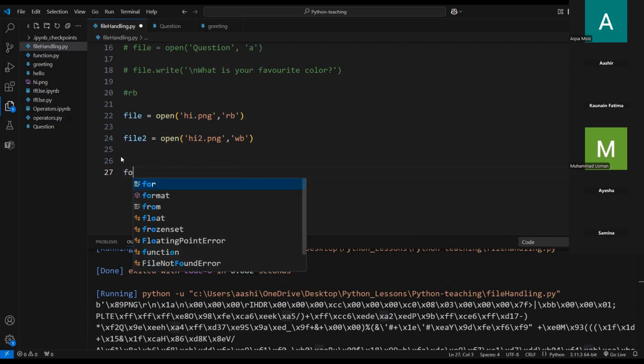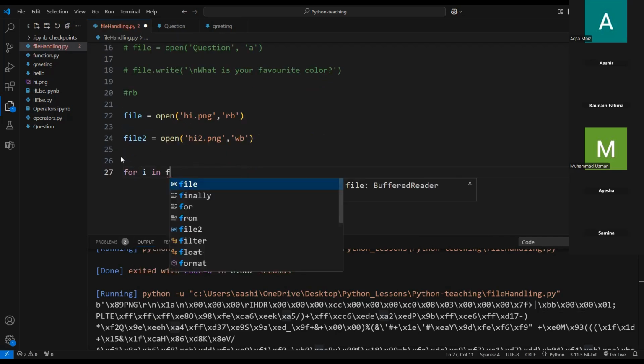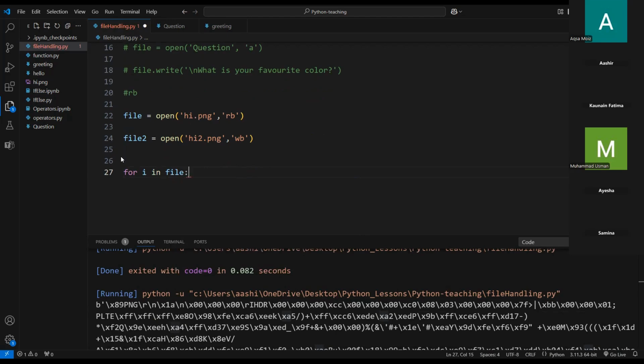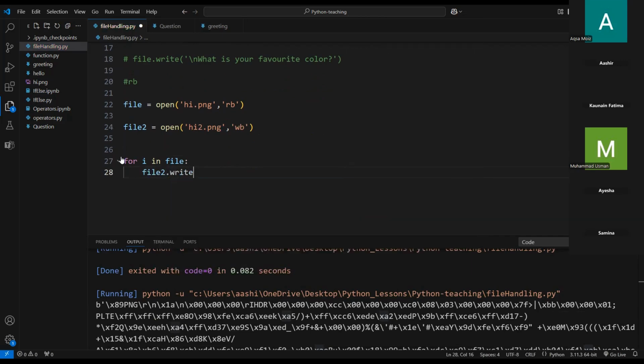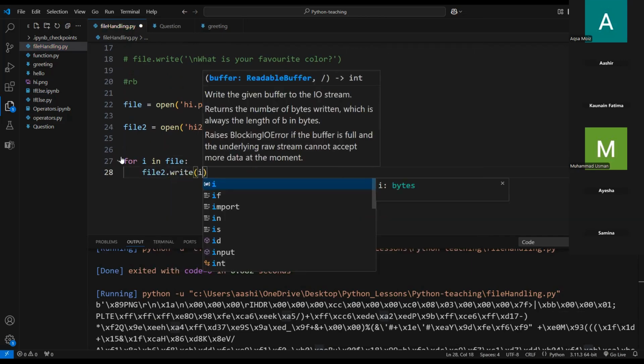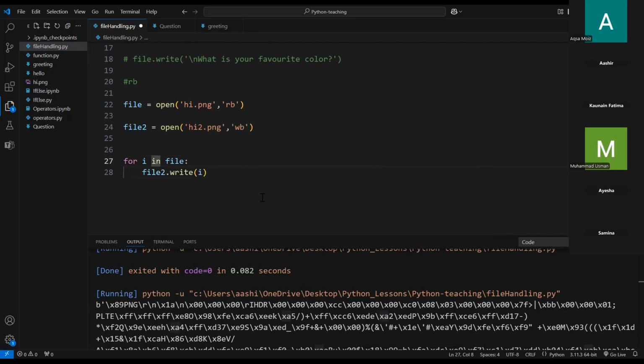And so we can do for I in file, and we'll do file2.write(I). What this is doing is it's gonna take our I, which is just gonna be our key, inside the file, it's gonna take all these lines, and we want to write it into file 2, which is gonna be the image. So if I run this,